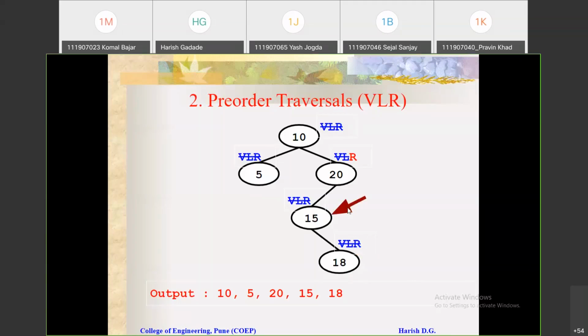Now here again that pointer will check is there any pending steps. So no, all 3 steps we have completed. So it will go back to the previous step, previous node. So this will come to at 20. Now again it will check is there any pending step or not. So one pending step is there, that is a move towards right. So actually there is no right. So complete simply that step.